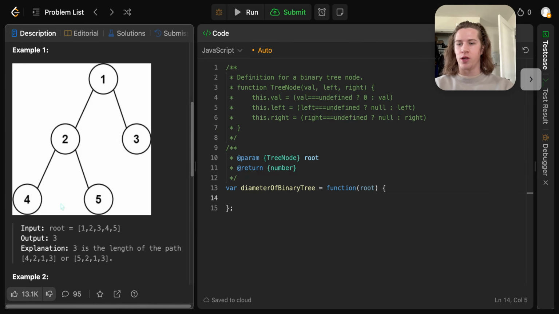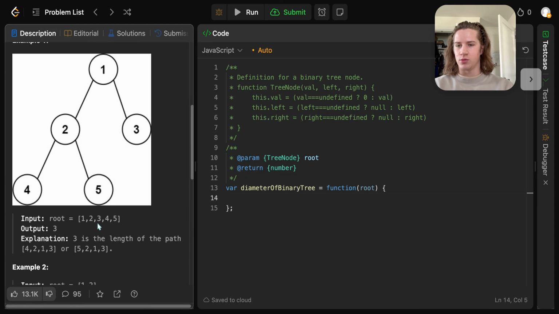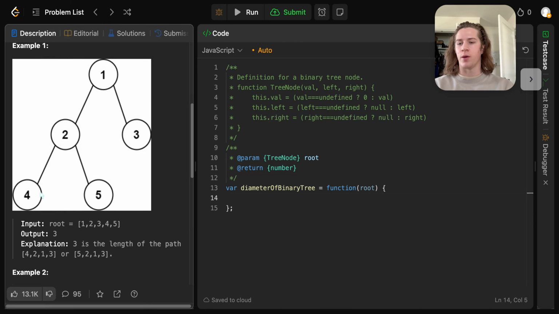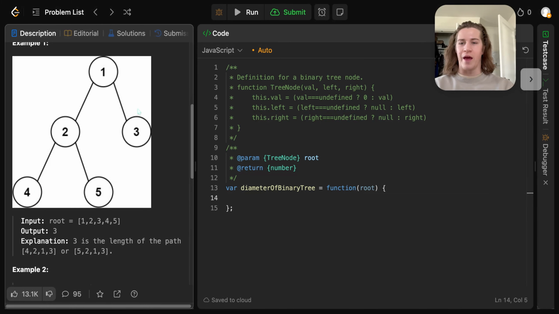So the diameter here would be 1, 2, 3, 4, or 3. Wait, let's see, 1, 2, 3, 4, 3, 2. Okay, so it goes 1, 2, 3. Yeah, so it's 1, because we're counting the edges and not the nodes. So 1, 2, 3, or from 5. So 1, 2, 3. And for an example, I'm just going to keep it in this order,